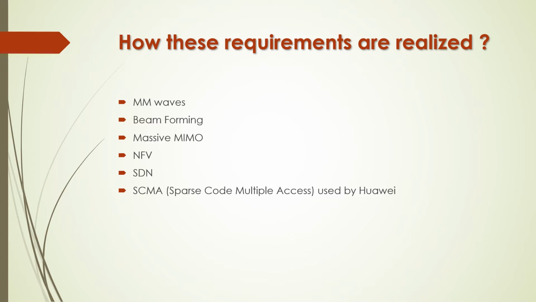Then the next technology is NFV, which is network functions virtualization. If we go back in time, in 3G or 4G networks, we used to have different hardware nodes, but here we have virtualized our network functions. Whatever core network functions are implemented will be implemented as virtualized functions, so that we can scale them independent of the hardware. This is network function virtualization.